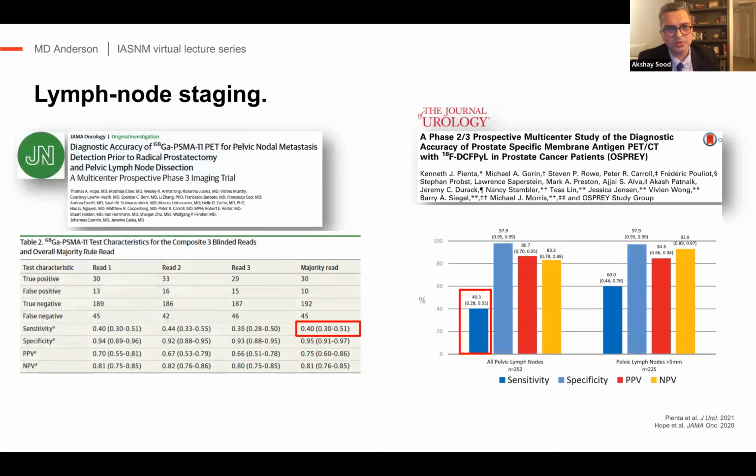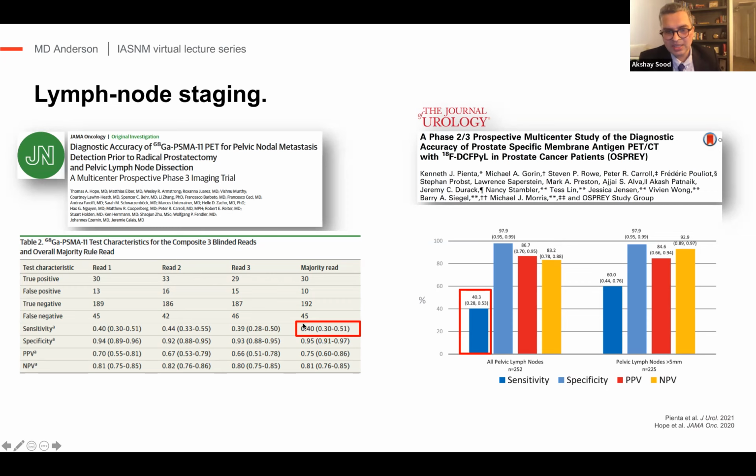And since then, 2 subsequent studies have come out, one from the UCLA UCSF group and the other from the Hopkins group, which both have performed the histopathologic confirmation, meaning that when they were comparing the sensitivity of PSMA in detecting nodal disease, all these patients did subsequently undergo surgery. And as you can see, the sensitivity is not really that high. It's not 80%, it's approximately 40%. And these results were very consistent across both studies.